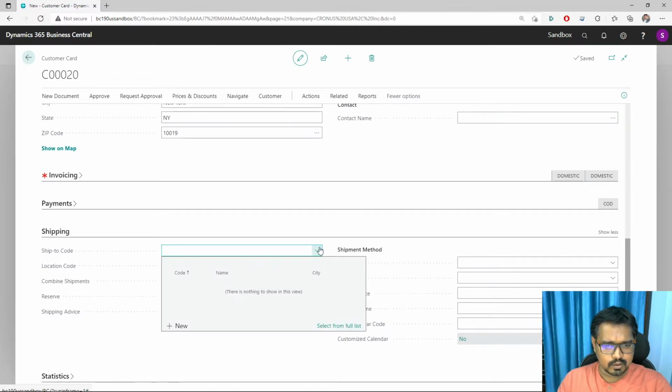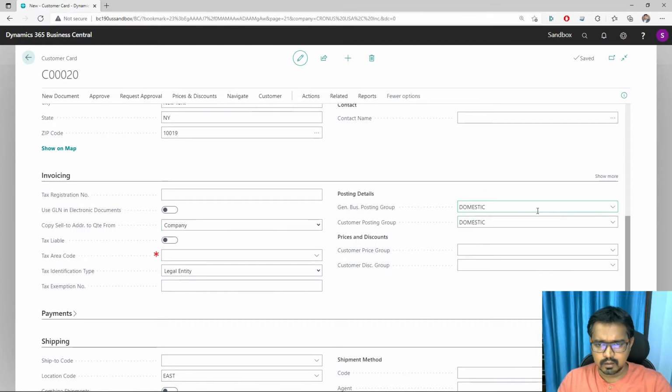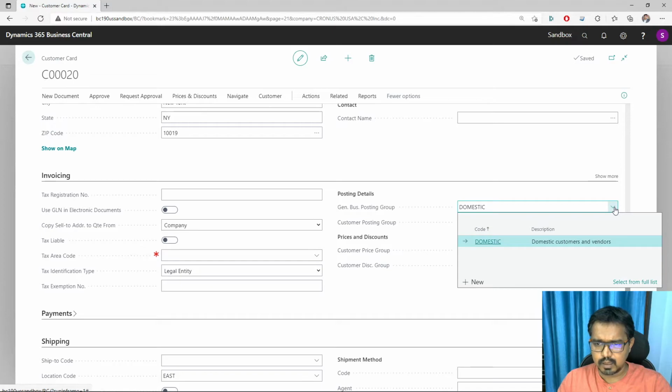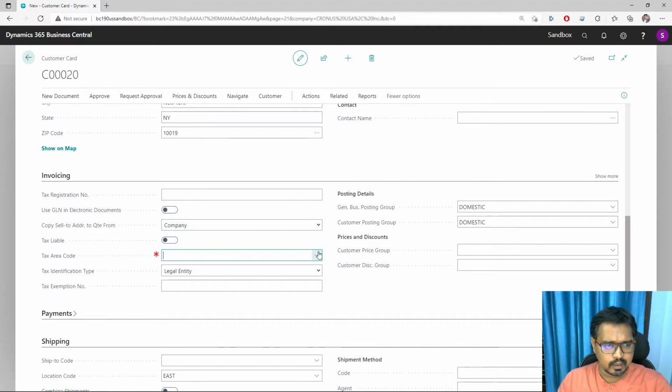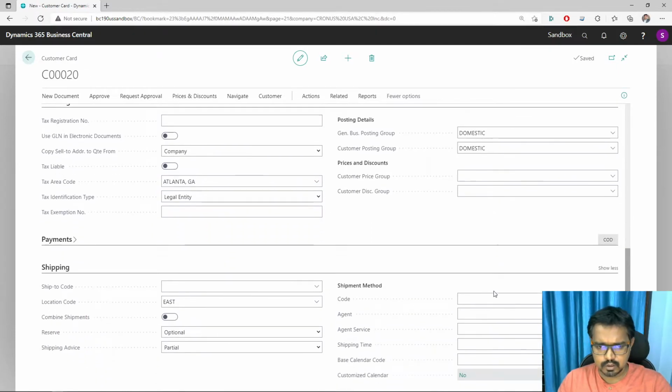Then I want to make sure that they all are served from my east location, and they have domestic customer posting group and domestic business posting group. That's the data that I have, and they all have the tax area as Atlanta, GA.